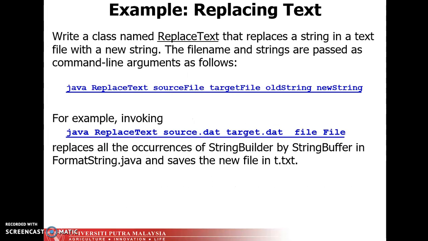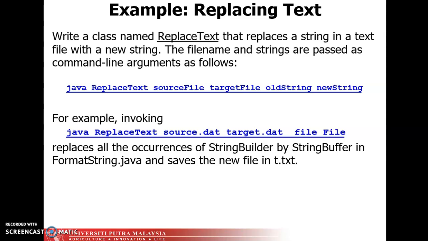Okay, now we move to the next example on how to replace a text or string from file A into a file B. Here we try to involve more than one file. We read a file A and then try to write the output into a file B. The idea is that